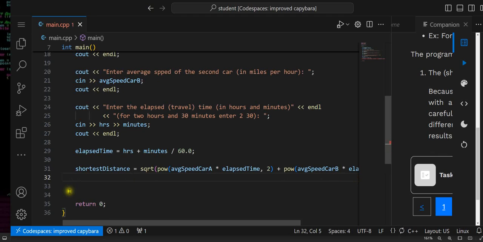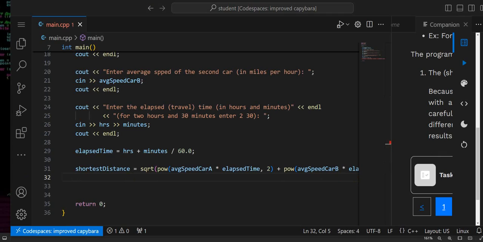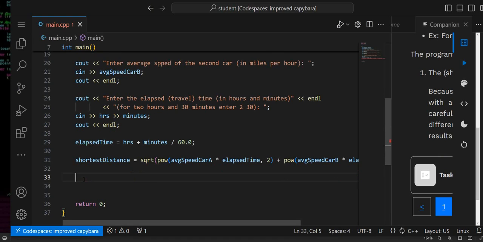Now let's go final line, space, C out. George, this is where the car is. Distance between cars is